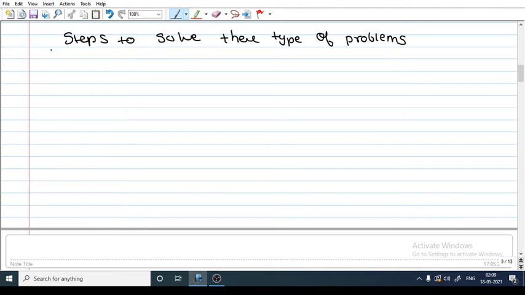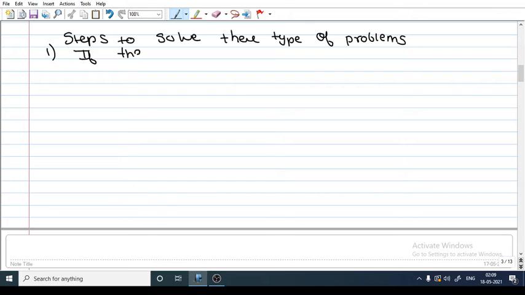The steps which we will see are: if a rational expression is improper, using polynomial long division, write it as the sum of a polynomial. So what is the process? If you listen, the step is what I have told you.